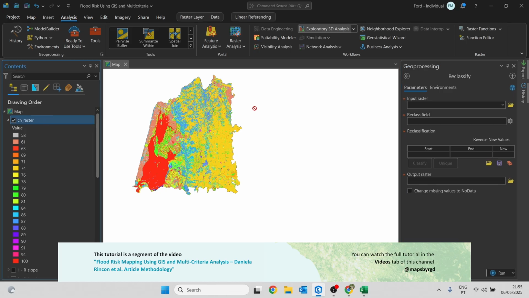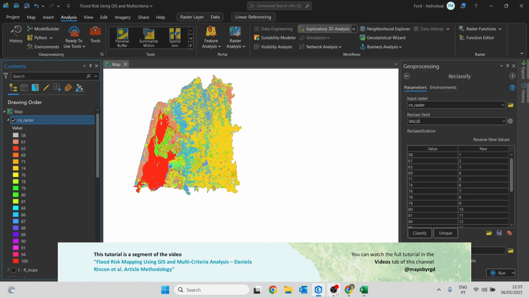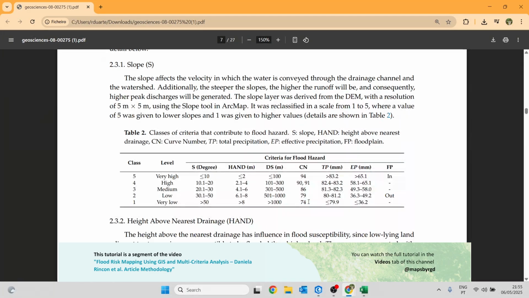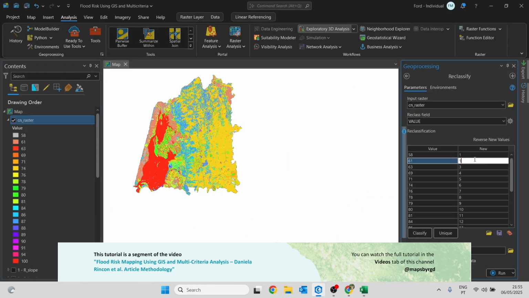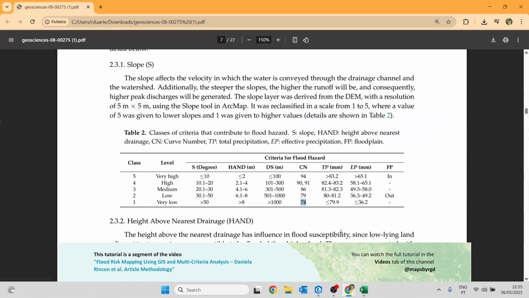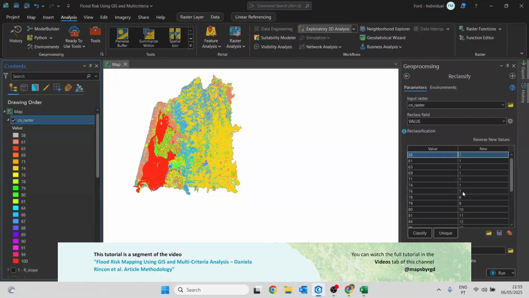I will just drag and drop the CN raster as an input feature. So the first value will be below 74 and will be assigned a class of 1. So here let me just change this value to 1 to every number that is below 74. 74 will have the value of 1 as well. Now from 74 to 79 will be assigned a value of 2. So these three numbers will have a value of 2.